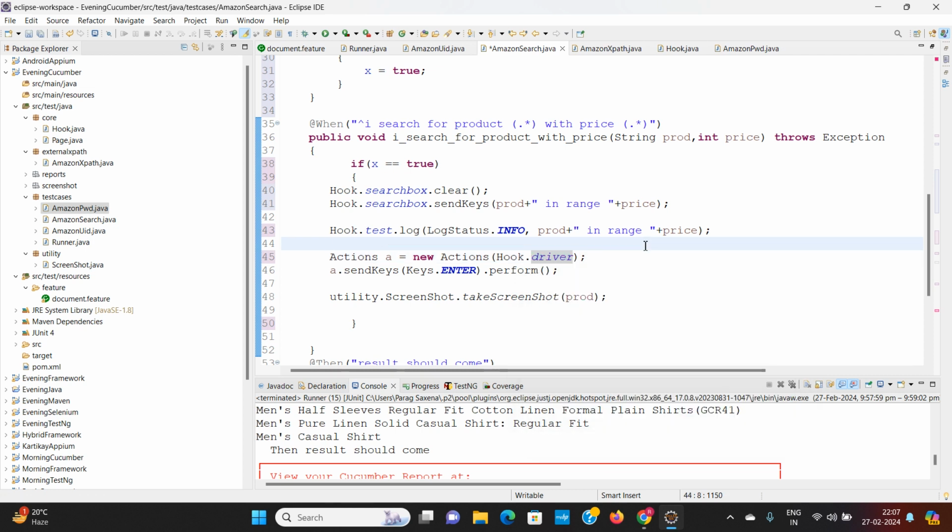So with hook dot, you can call all of them. Once they are initialized when we call the first method, the WebDriver object and hook class objects are also initialized, so we can just use them in continuity. As we go from one page to the second page to the third page, we can access them in a static way, because they get initialized the first time.